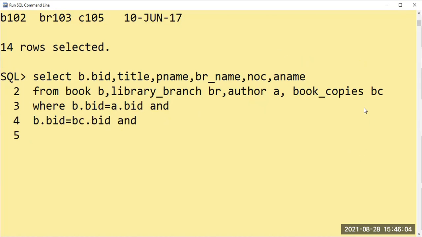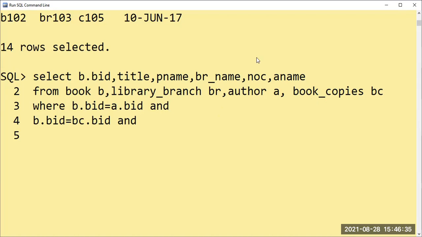So what is left here? We want the book copies. In the book copies, the number of copies also matters. From the book copies table, book ID is covered, but we want which branch and how many copies are there. For example, the DBMS textbook of 20 copies is available in the respective branch. In the copies table itself, we still have branch ID.